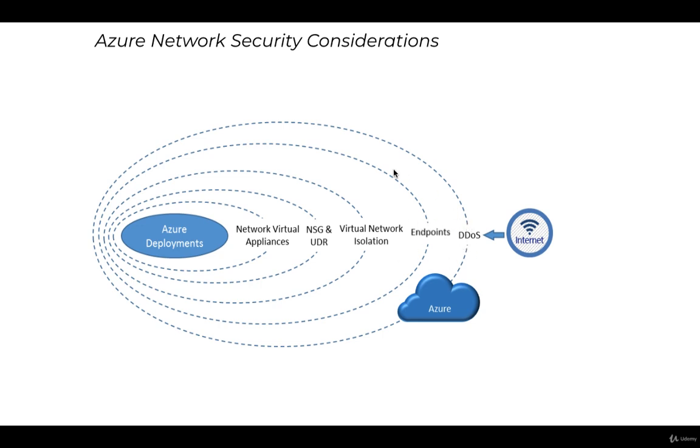Then we have the feature of endpoints. There are requirements, like in the BFSI sector, where earlier the traffic flowing between the application and the storage endpoints or storage accounts was traveling through the internet only. Right now Azure has given the feature of private endpoints, with the help of which your traffic will go only via the Azure backbone. So traffic will not flow over the public internet. We'll have a complete lecture on endpoints, what an endpoint is, and how the traffic flows,